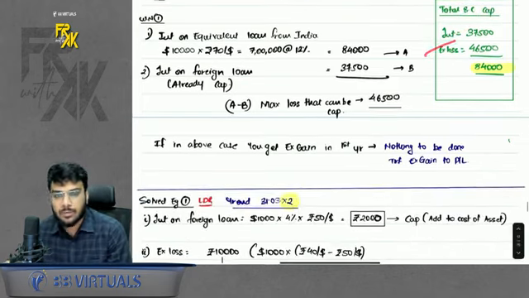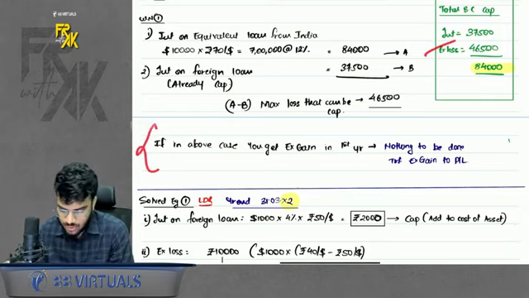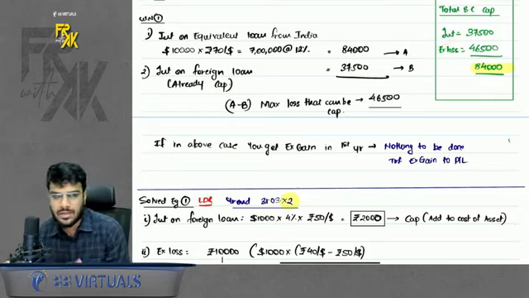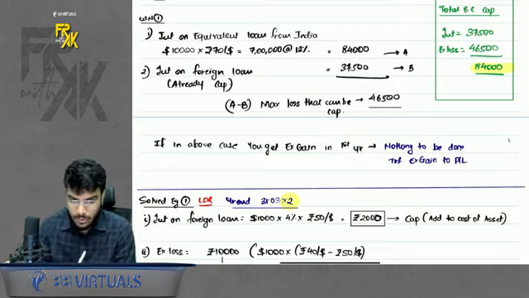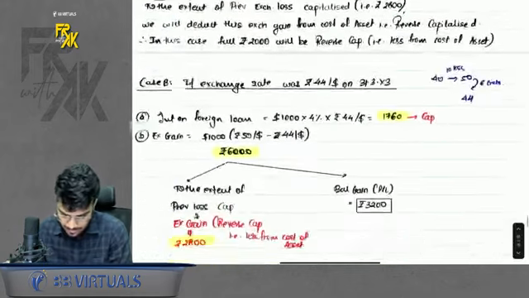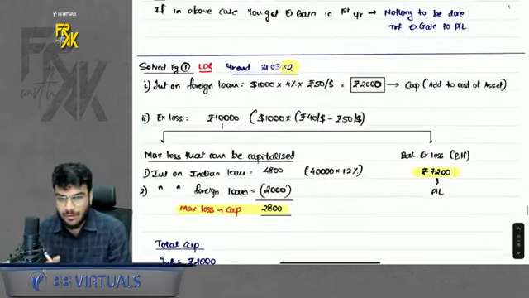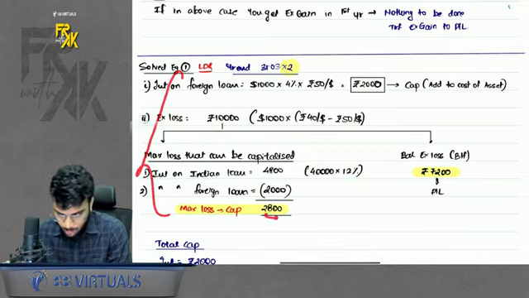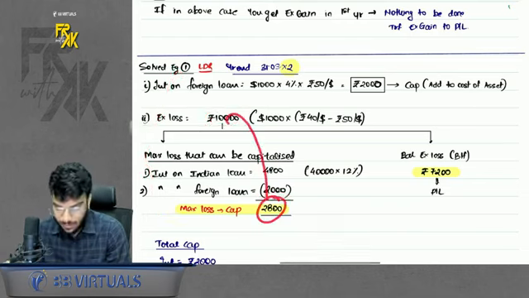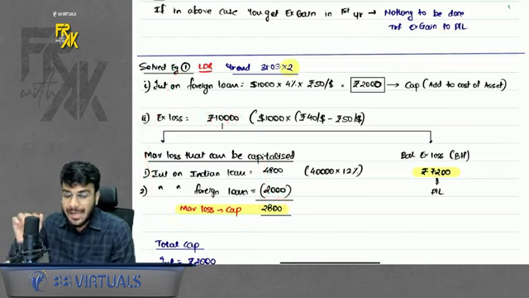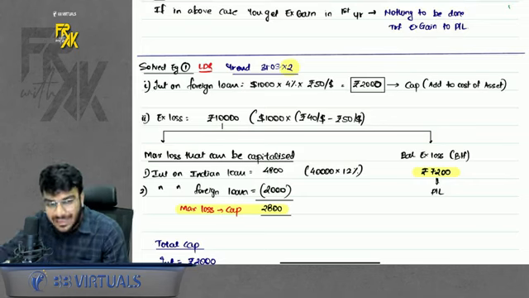Also, one more thing: if in the first year instead of a loss you got a gain, then what to do? If you got a gain, transfer it to P&L. Nothing to be done. That is what I'm talking about in the first year. But there is one more concept. Solved example I will discuss later on. Let's say, for example, in the first year you got a loss of 10,000. Out of 10,000 you capitalized 2,800. But if on the same loan in the second year you got a gain.